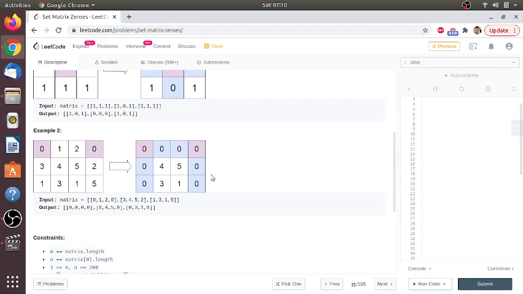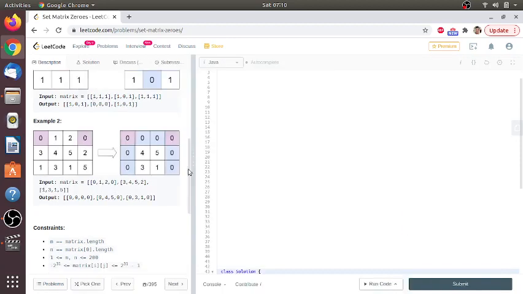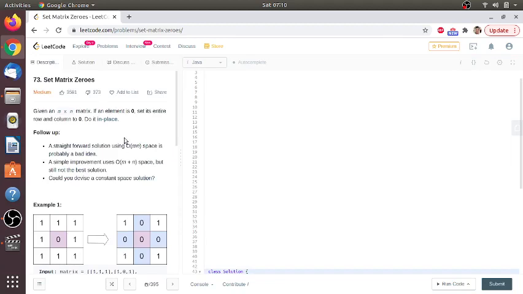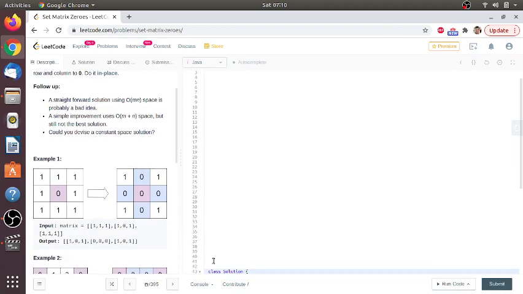So the pretty much idea is to convert the first row and first column to act like the O(mn) space, so that will reduce our space complexity to O(1).